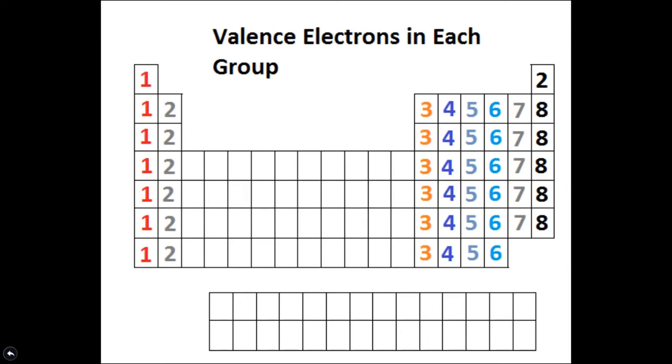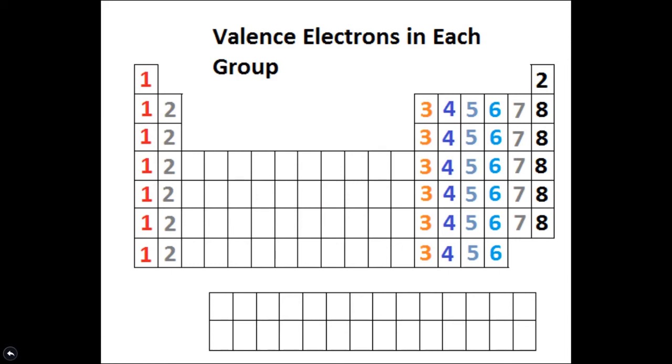And really, from that, you should know that anything that falls in this first column, this is group 1, will have 1 valence electron. That's what I'm showing on this graphic. In this second column, column number 2, they will have 2 valence electrons. In the third column, skipping the transition metals, we skip to this third column, and this will have 3 valence electrons, and we'll continue the pattern. In the fourth column, this will be 4 valence electrons, 5 valence electrons, 6 valence electrons, 7 valence electrons, and